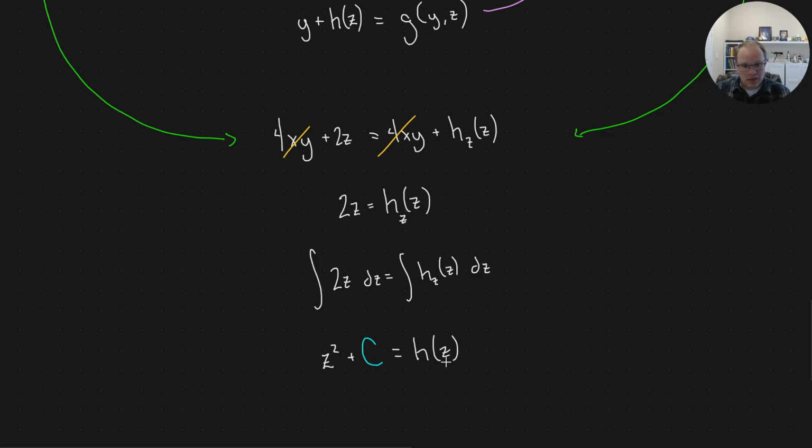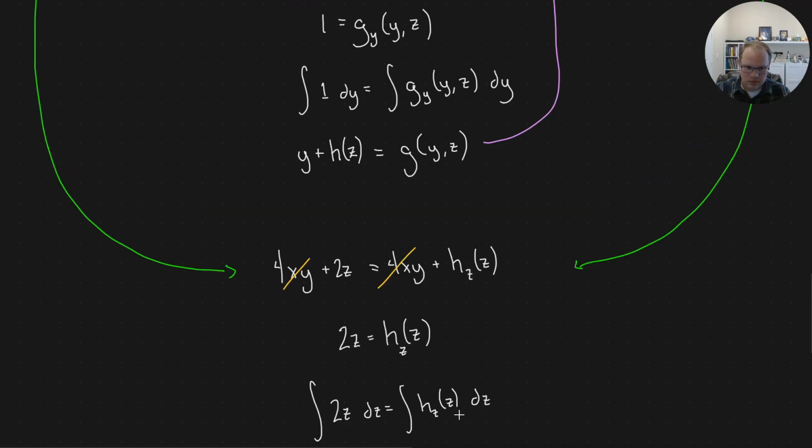But finally, this function is just a function of z. So the only thing that this constant could be is a constant number. The function cannot involve x or y because we've already ruled this out. It's just a function of z. So this plus c really is a plus c this time. And so if I plug that in,